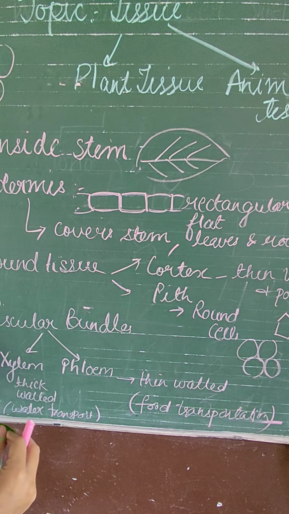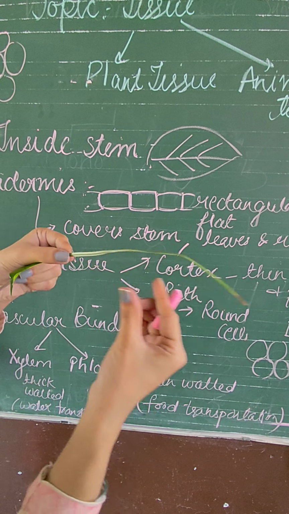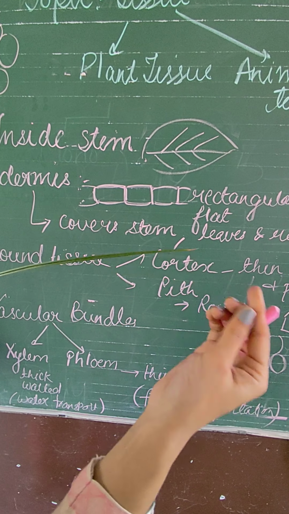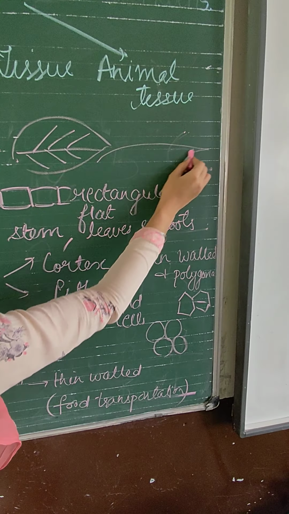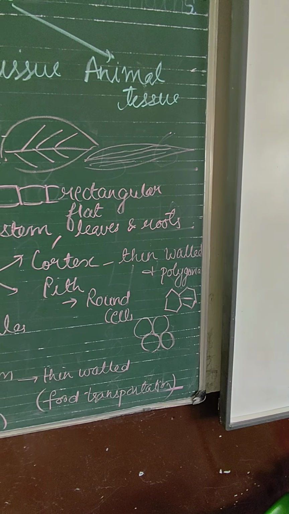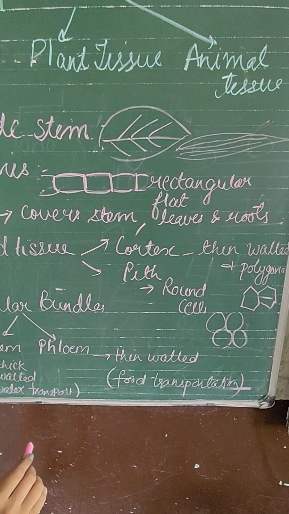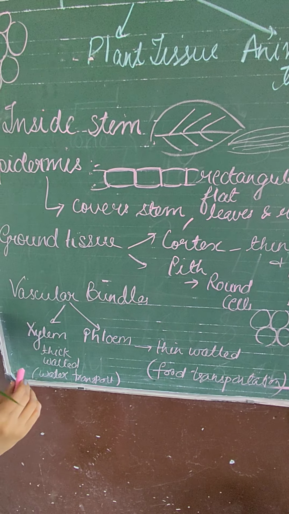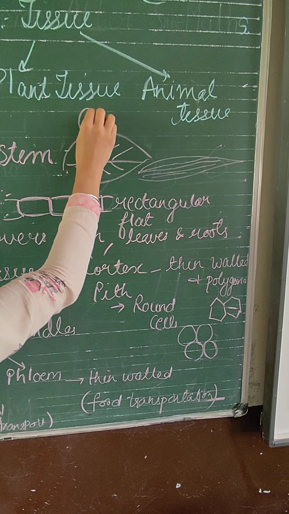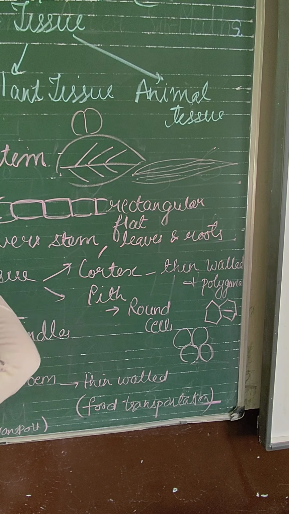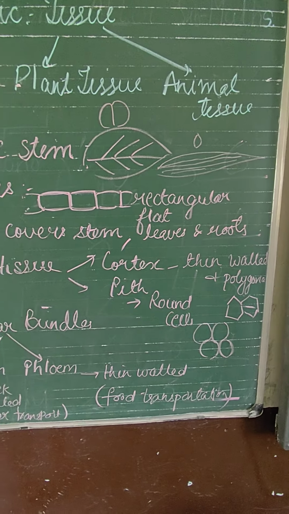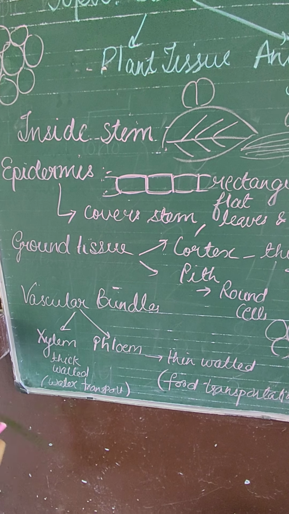And in the case of this one, this is a grass, and if you see the venation of it, the pattern is like this, in a parallel way. So this is one difference between dicot and monocot plants. Another difference we can make from the seed. For example, in the dicots, two cotyledons are present, and in the monocot, like in wheat, only one is present. So this is the second difference. There are some internal differences as well.